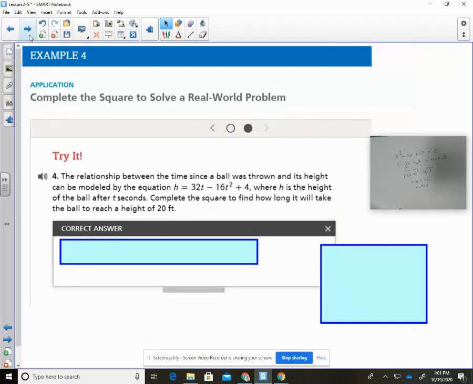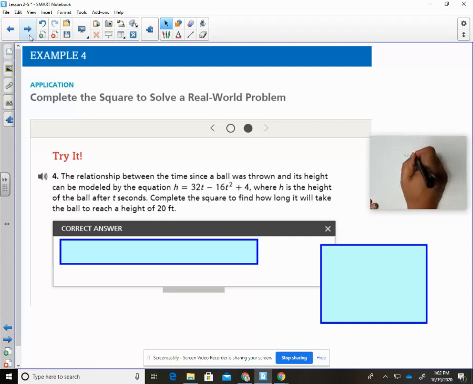Example 4, try it number 4. The relationship between the time since a ball is thrown and its height can be modeled by that equation, where h is the height of the ball after t seconds. Complete the square to find out how long it will take the ball to reach a height of 20 feet. If the ball is at a height of 20 feet, it's not saying the max or anything, but at 20 feet, so that means h equals 20. So I'm going to rewrite this equation as